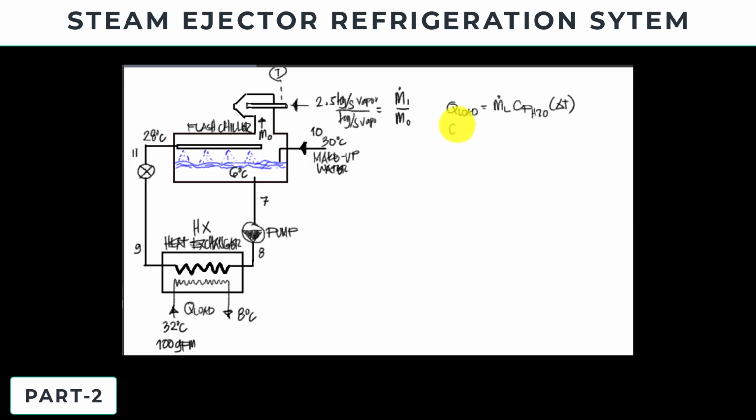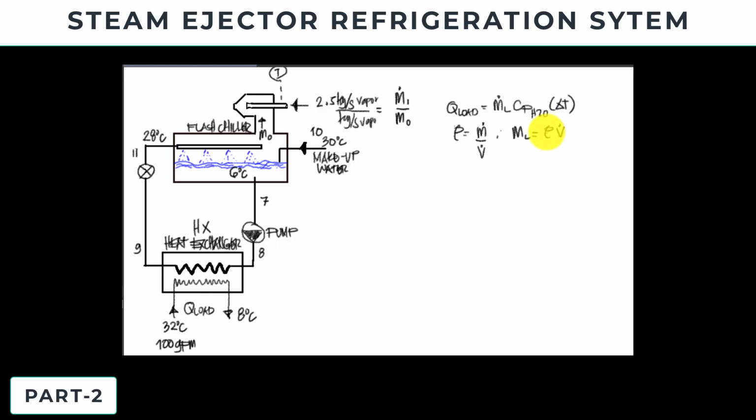Now, to compute the load, we have your Q of load, and we have here the mass flow rate. So for that, let's convert the mass flow rate first. Remembering our equation, density is the mass flow rate divided by the volume flow rate, so we can say that our mass flow rate ml is the density of the fluid times the volume flow rate of the fluid. What we are requiring is the mass of the fluid.